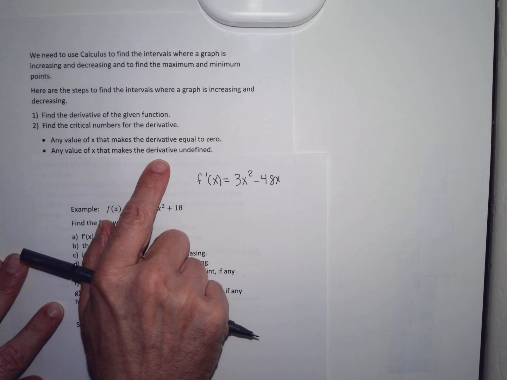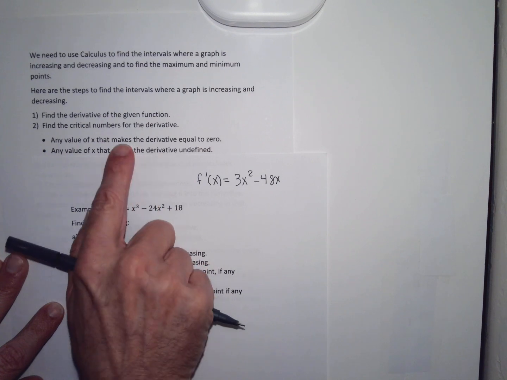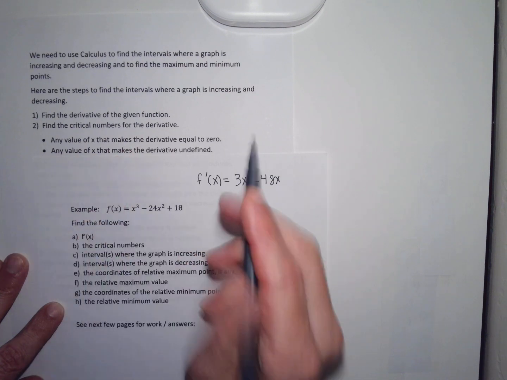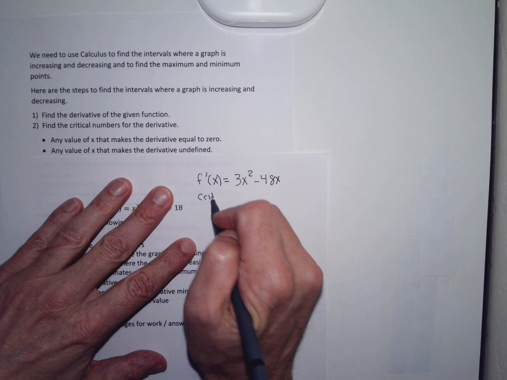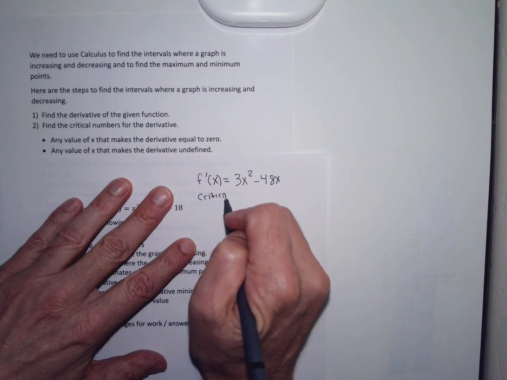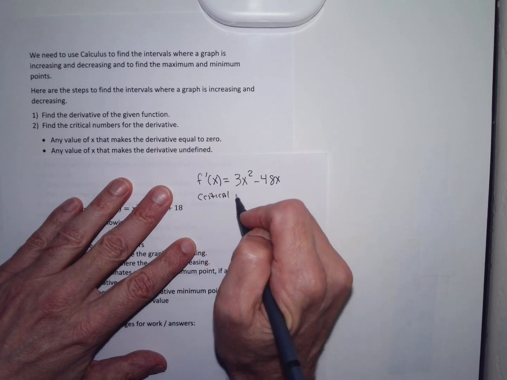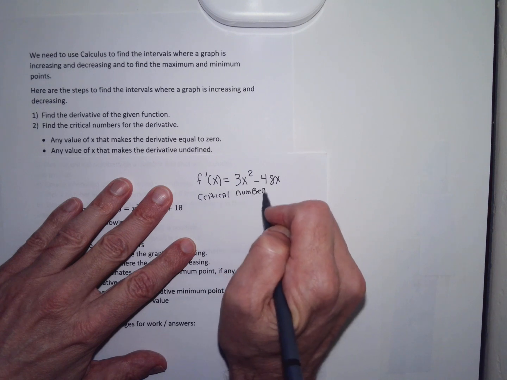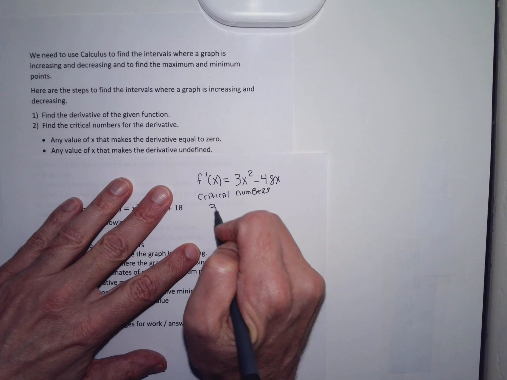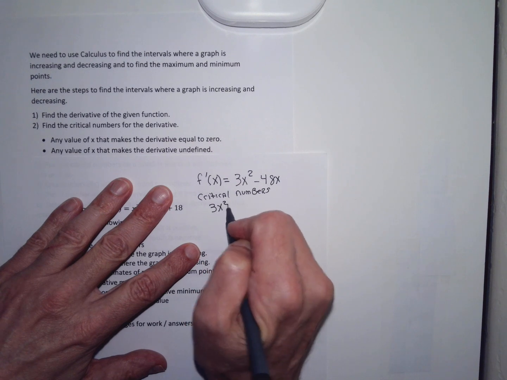Derivatives aren't going to be undefined for polynomials, so here I'm just trying to find any value of x that makes the derivative equal to 0. So my critical numbers, these are the values where I could have maximum or minimum points. My critical numbers I get, in this case, because my function is a polynomial, by taking the derivative and setting